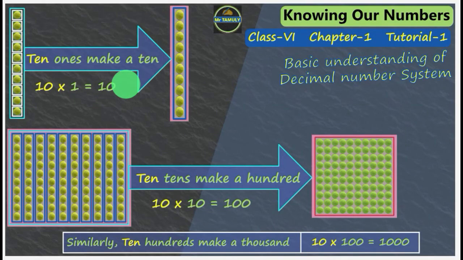From the addition problems that we have seen here, what we have understood is 10 ones make a 10. So in the language of mathematics, we write 10 into 1 is equal to 10. Similarly, 10 tens make a 100, and in mathematics we write 10 into 10 is equal to 100. So we have learned this in terms of the tennis balls, so that we remember the basic. In the same way, 10 hundreds make a 1000. We shall look into this in a subsequent tutorial with the help of some more examples.